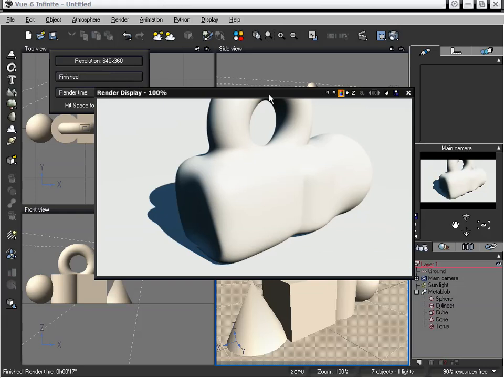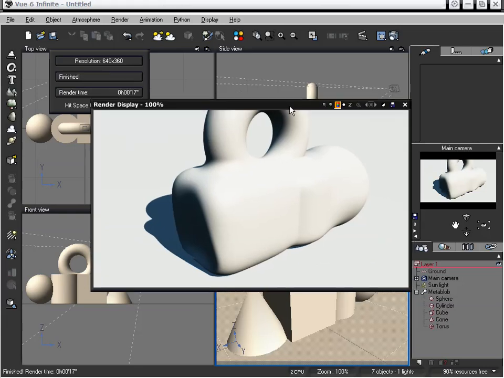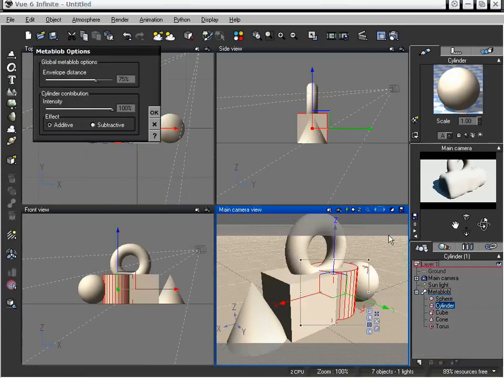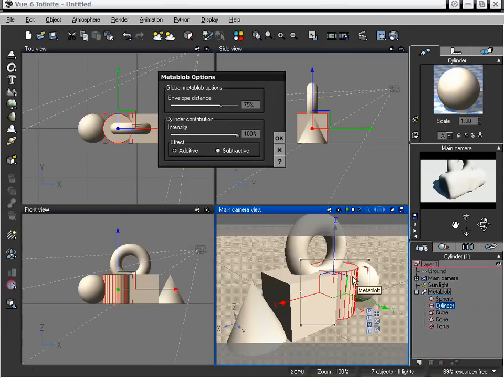And if we take a look at our finished render here, we can see that everything is really, really nicely blended together. Like I said, this is a really neat way to make certain types of shapes. You could even make human faces with it, creatures. You could do just about any sort of modeling with these metablobs to make primitive shapes into more advanced shapes. And if you need to edit anything at all, like I said, we can double click on specific instances and specific parts of our metablob, certain objects, and we can adjust, of course, the intensity